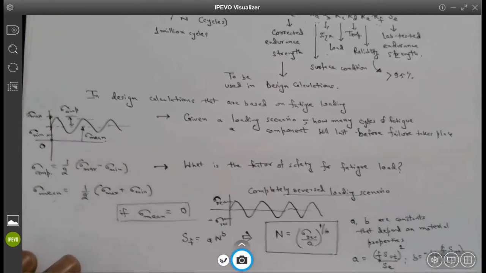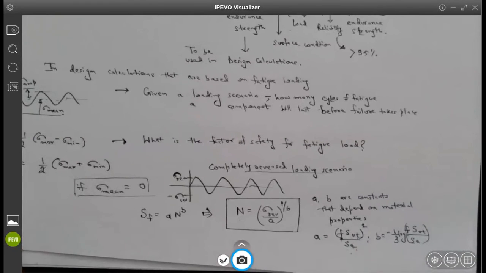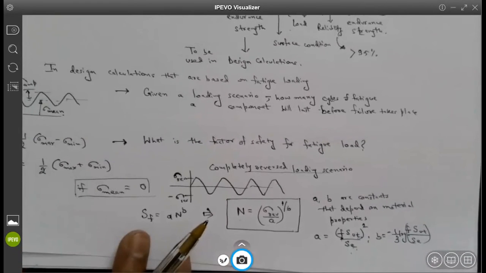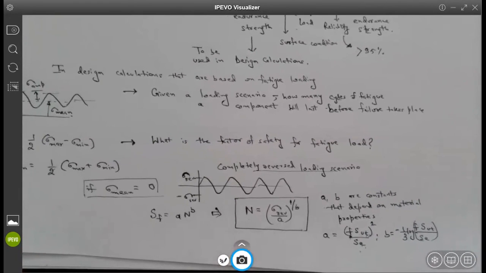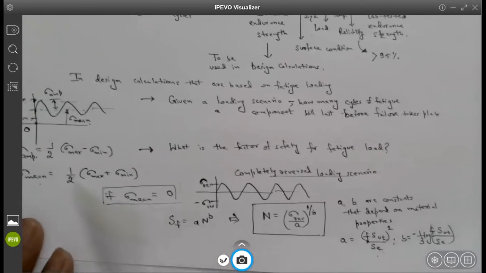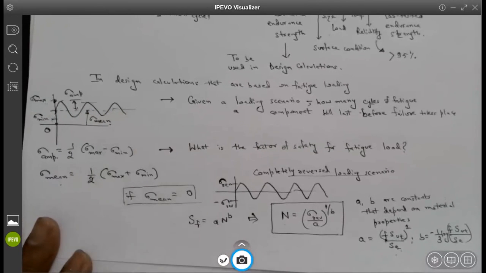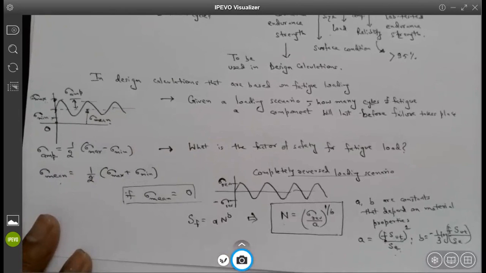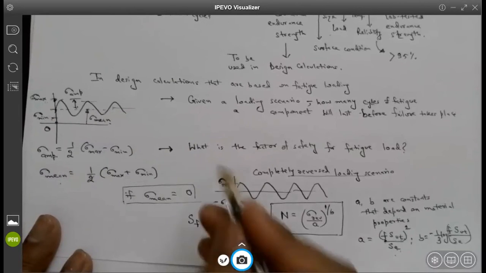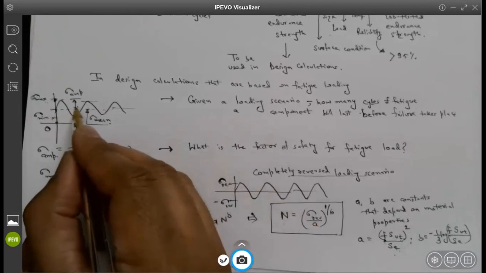And professor, the sigma amp is the height of the amplitude of the sine curve, while sigma mean is the height of the average of the sine curve. Yeah, it is the average of the sine curve. Height of the average sine curve, yes. And is sigma amp the distance from the sigma mean to the top? Yes, distance from the sigma mean to the top.